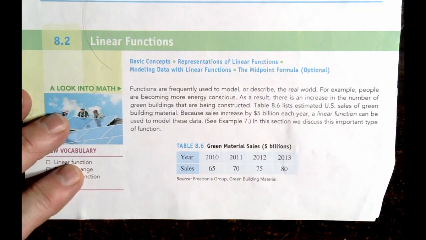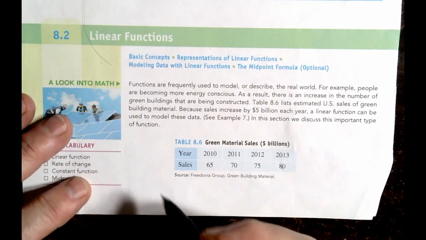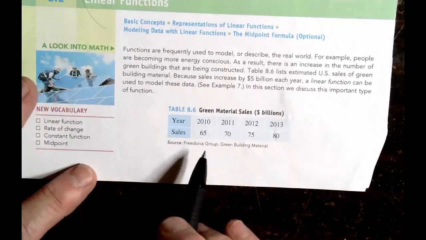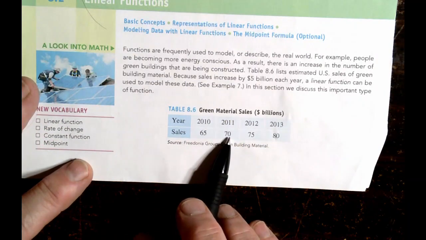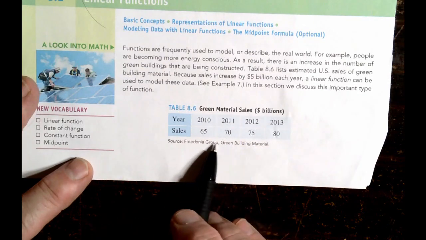Alright, this is section 8.2. Okay, talk about linear functions. First they talk about green materials sales, and they say in each year it seems to have gone up by 5, and we're talking about billions, so 5 billion more each year. So this is a linear